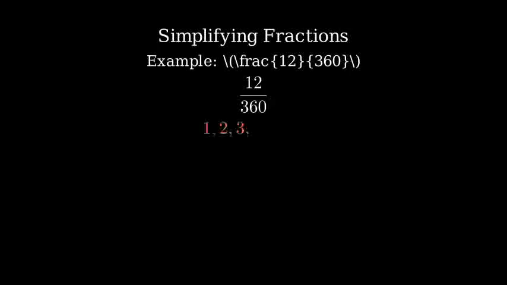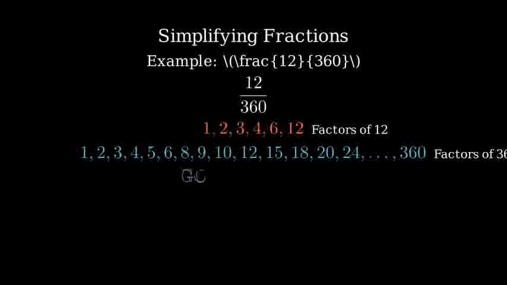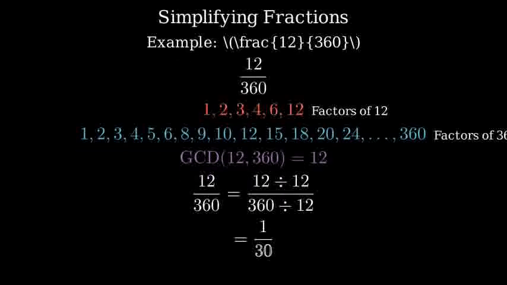the denominator. The factors of 12 are 1, 2, 3, 4, 6, and 12. The factors of 360 are significantly larger in number. The greatest common divisor of 12 and 360 is 12. We divide both the numerator and the denominator by this greatest common divisor to simplify the fraction to 1 over